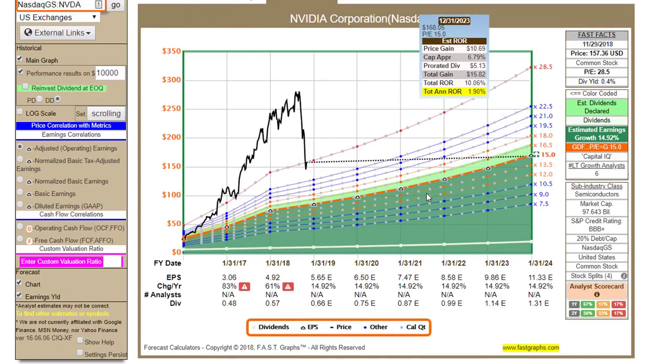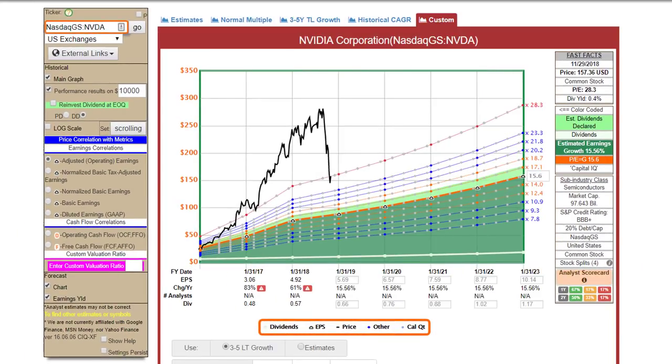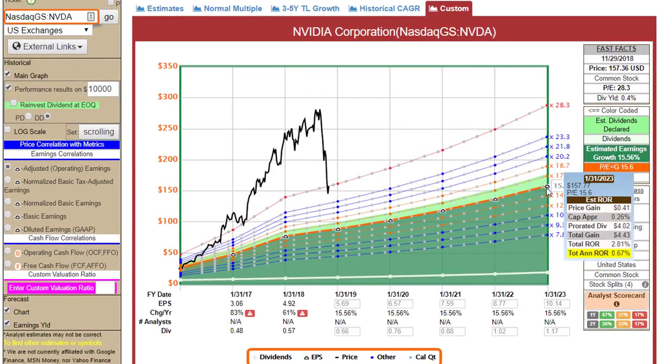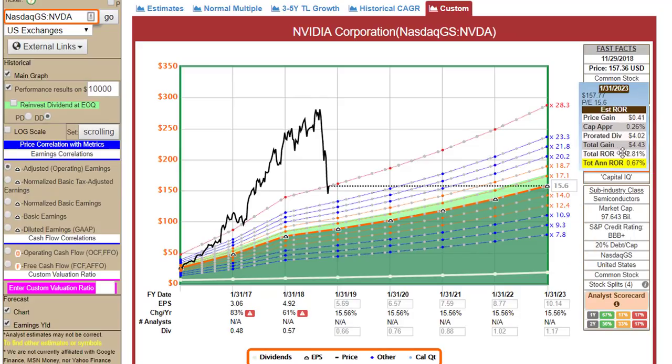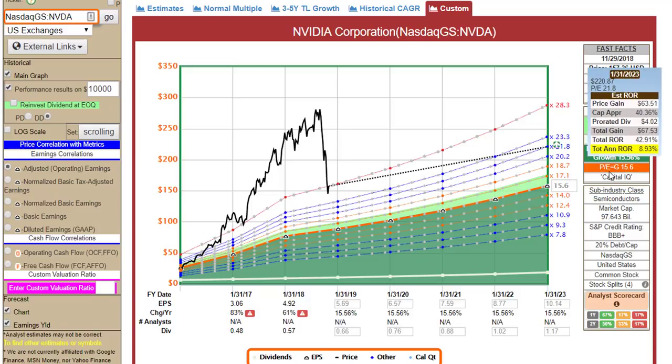Now the difference between 15.56 and 14.9 is really not that material. I can go in here to the custom calculator and I can put in the 15.56. Now on that basis, if it grows at that rate, in theory this would be about a 15 multiple company using standard formulas to value a company, which means your return for the next 4 years or so would average less than 1%. If the company traded at more normal valuations like 20 PEs, which has been more its average, I'll show you that here in a moment, it could make 9%. But the point is, this earnings growth is part of why the stock price is reconciling, because the expectations are not for that high into the future.